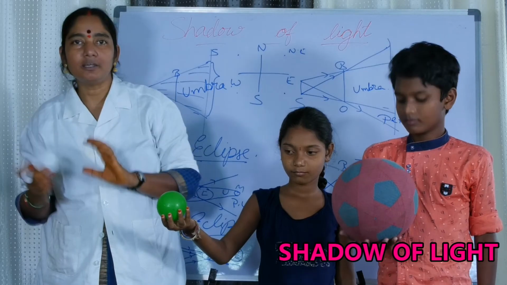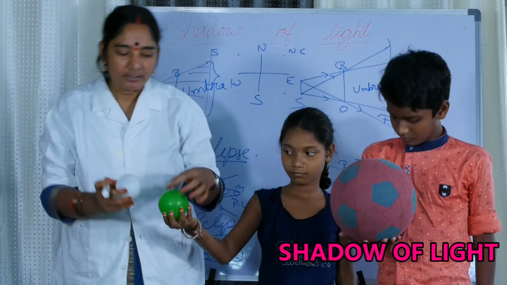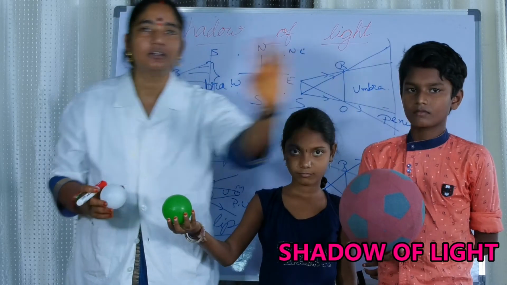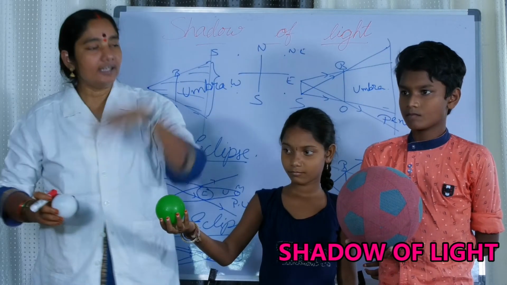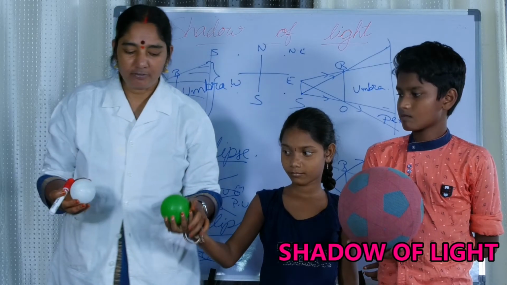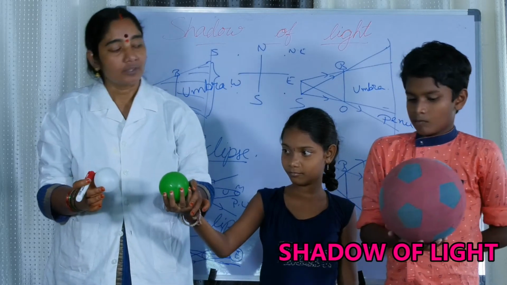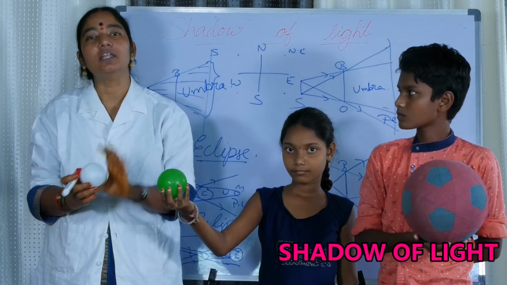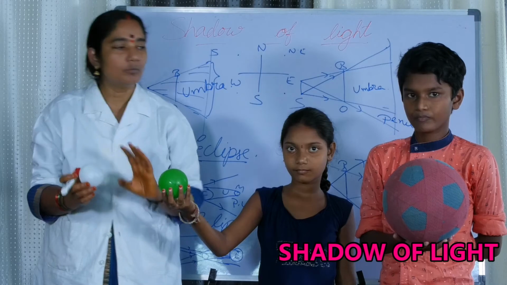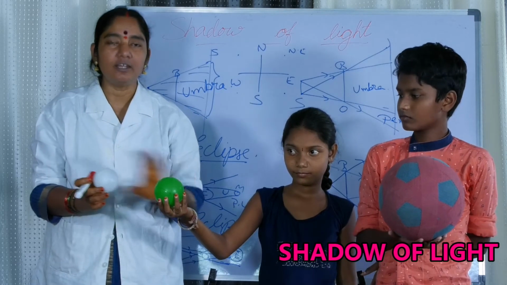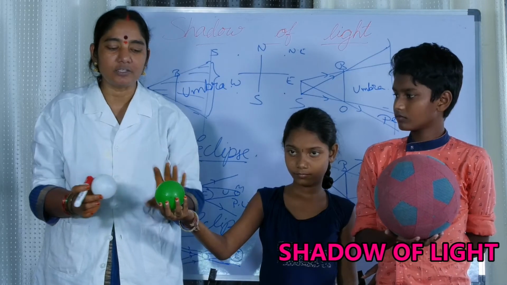This system is continuously moving around the sun. The moon is not moving separately, the earth is not moving separately. These two are together going around the sun. I think you might have understood. And it takes 1 year for completion of one rotation. Now my dear friends, now you understood these two. Compared to the earth, the size of the moon is nearly 1/4. So if this is 1 rupee, this is 25 paise. This is very small, 1/4 of the size of this.